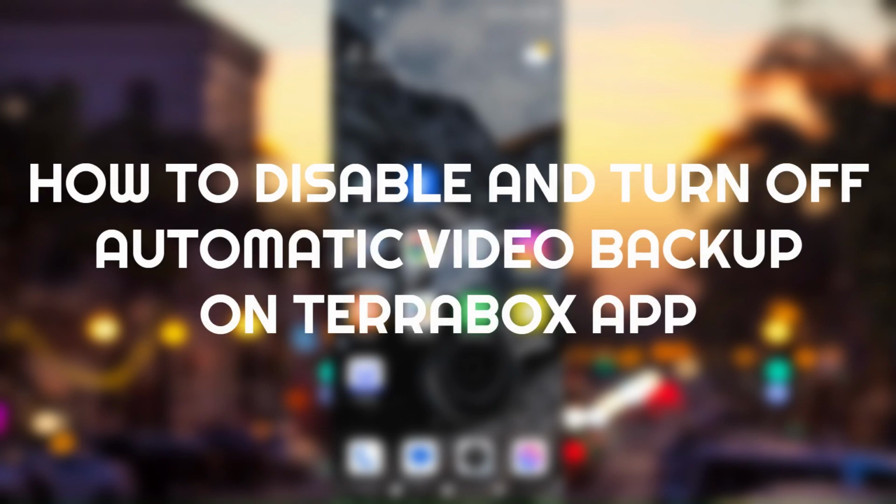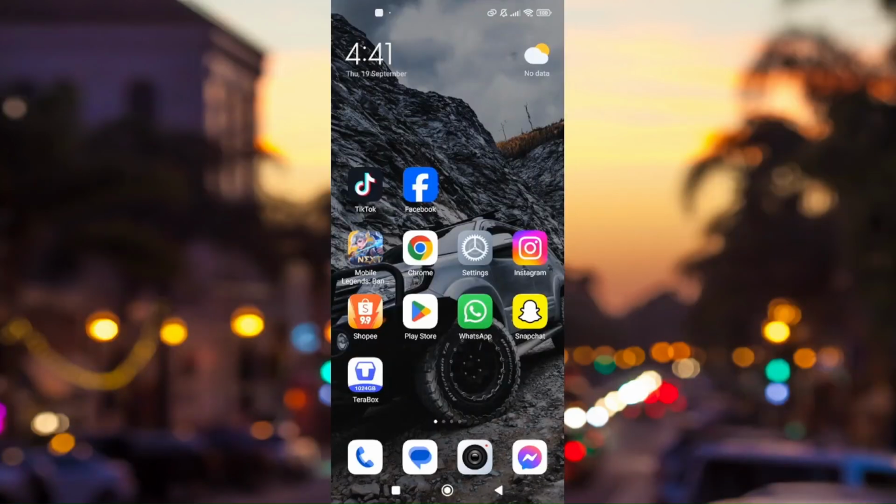How to disable and turn off automatic video backup on Terabox app. Now this is a very quick and simple tutorial. All you have to do is access your Terabox app